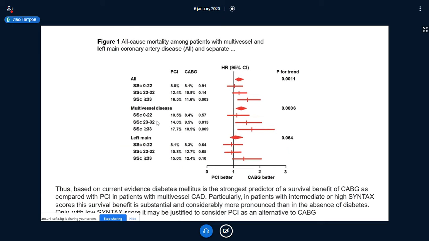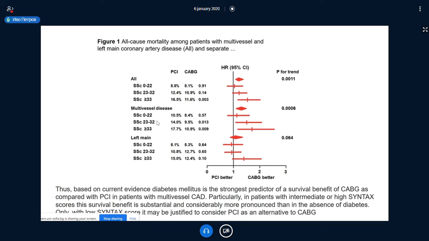Let's summarize in a simpler way, from the anatomical point of view, coronary artery disease. For patients with one or two vessel disease or isolated left main disease, where the SYNTAX score derived from the SYNTAX trial is less than 22, we can propose to the patient both